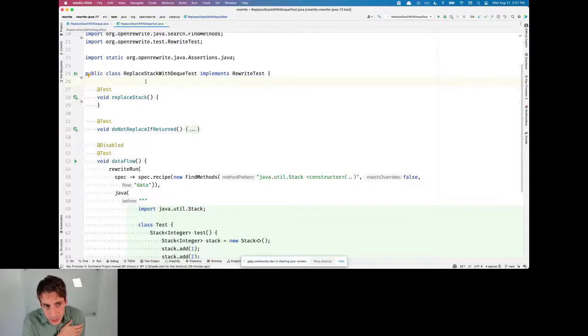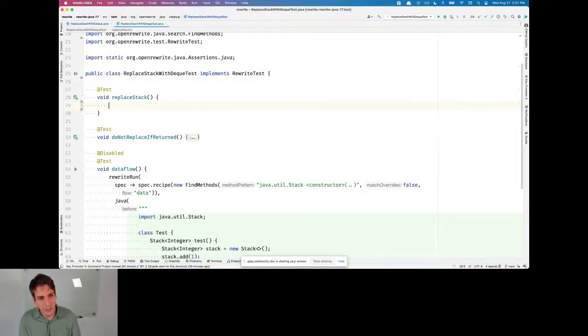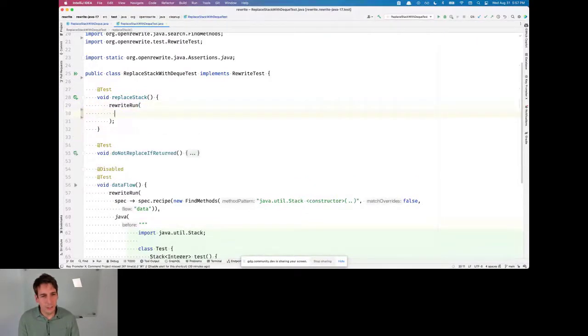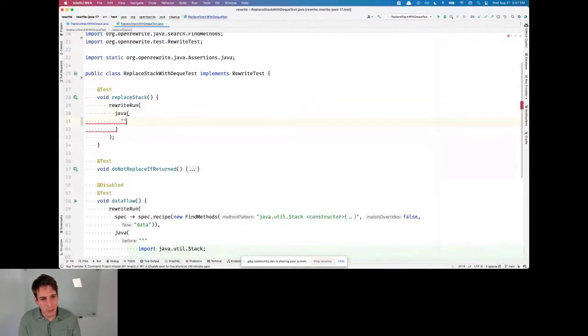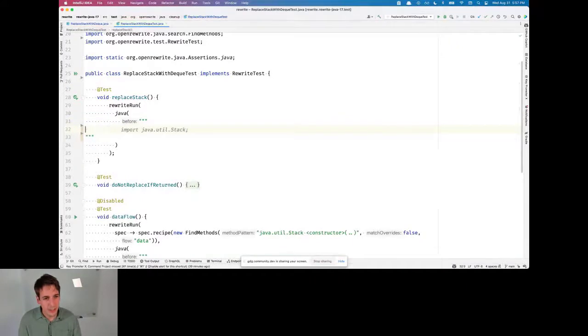And for that, we're going to write this recipe in Java, and we have a test harness called rewrite test. And it provides these facilities to actually write example code here, which will illustrate the thing that we're trying to transform.